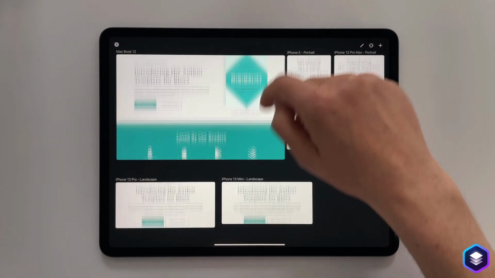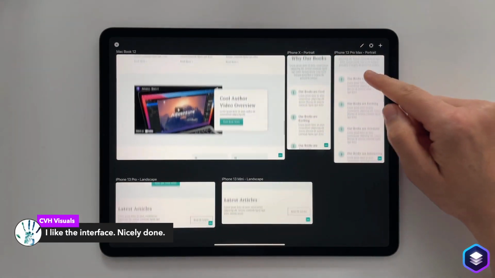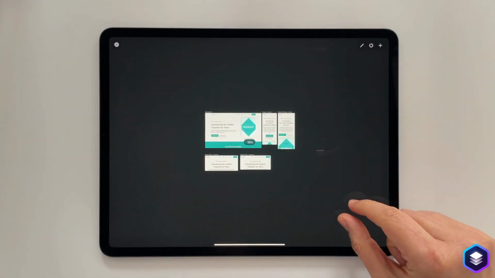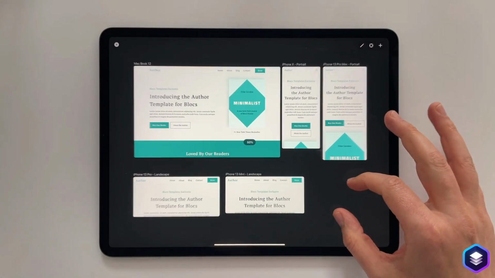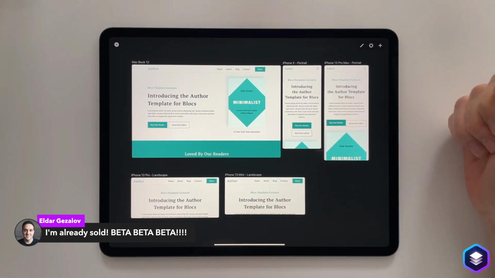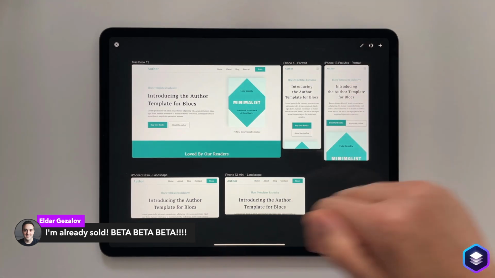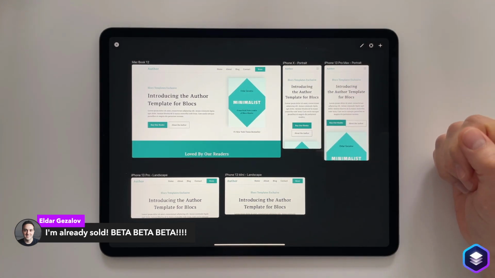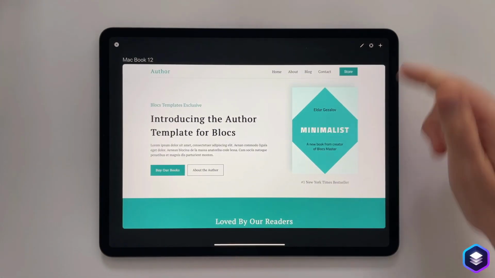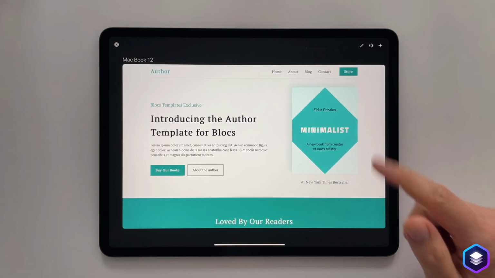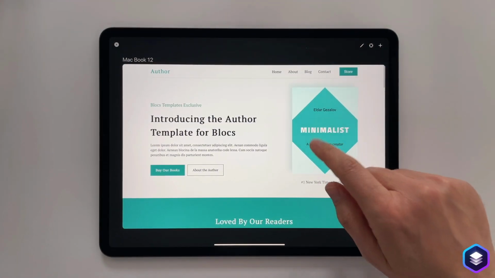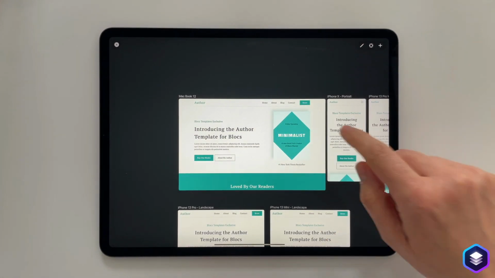Now, these are all synchronized, so when I scroll through, you can see that these are all connected. We can just zoom in, we can zoom out, everything's fairly fluid. Now, when checking a design that you're working on in Blocks, having all of these views open at once may be a touch distracting. So a simple double tap on a view will bring the focus to a single view, and we can go through that view on its own. And if we're happy with that, just double tap it again to return.